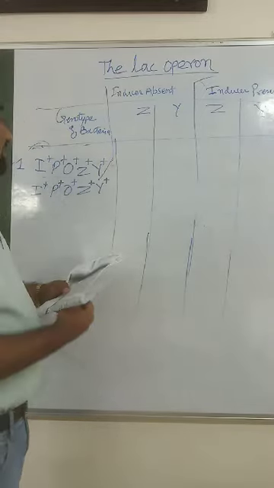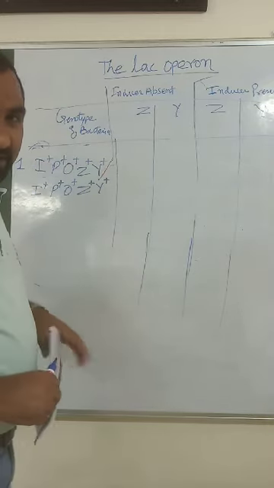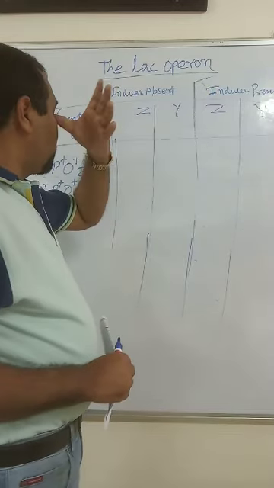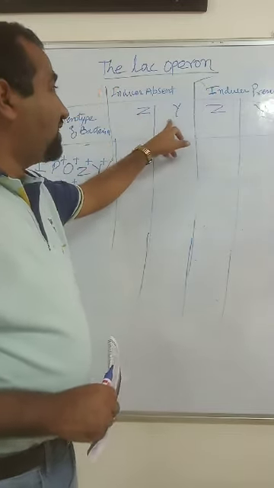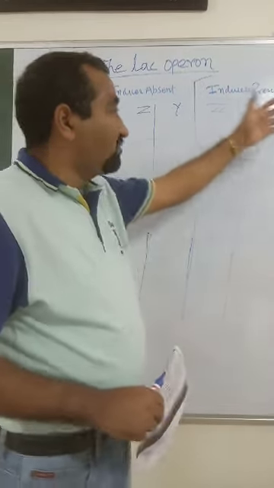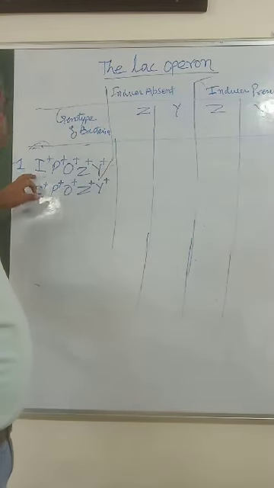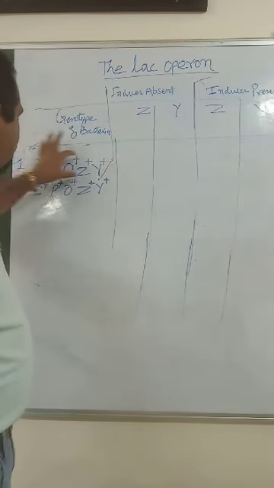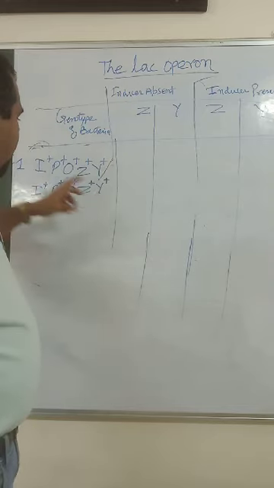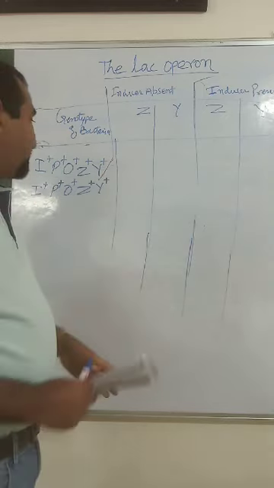So what happens if the inducer is absent? Inducer is absent, what will be the effect on the product of lacZ, lacY, and lacA genes, and when the inducer is present, what will be the effect on lacZ and lacY genes? As we know that these two sets of genes are now equivalent to the haploid bacteria, because if a haploid bacteria has a